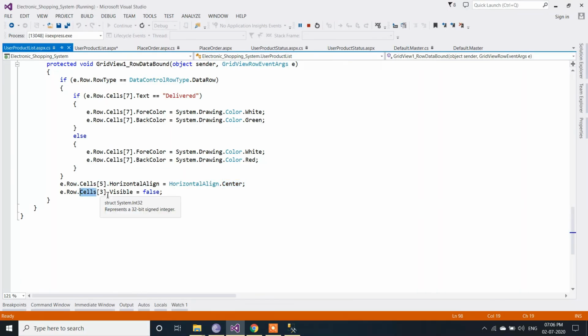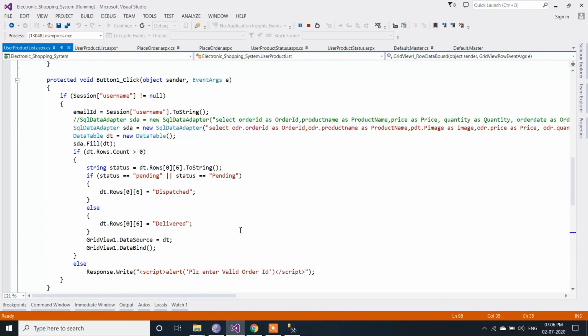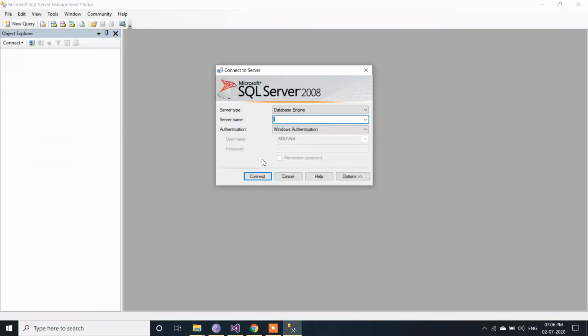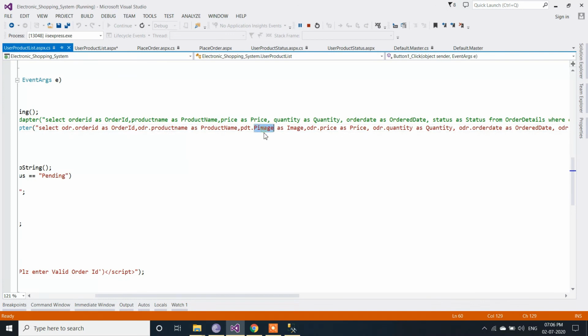And I have set cell 3 visible property to false. Why? What is inside that cell, that I have disabled so the user can't see it. If you notice in this query, I have taken order ID, after that the product name, and after that the image.